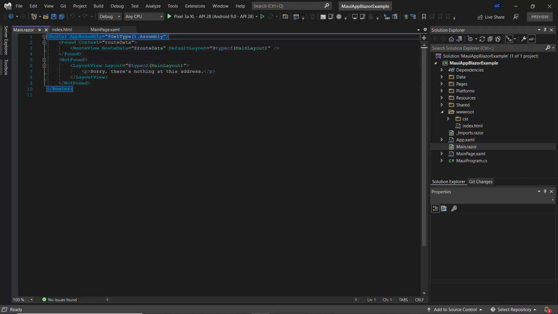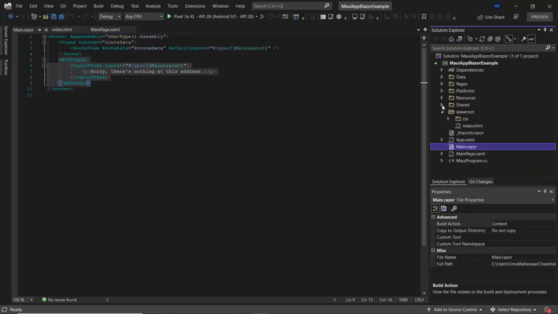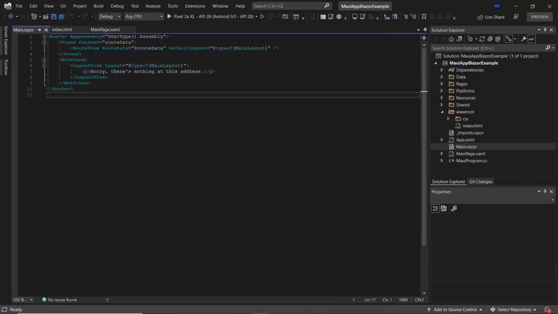Whenever the proper route values are found, the appropriate components will get rendered. If not found, then a custom message will get displayed. Other than this, the rest of the Blazor components are available in the pages folder and shared folder. So this is the default structure of MAUI Blazor app.